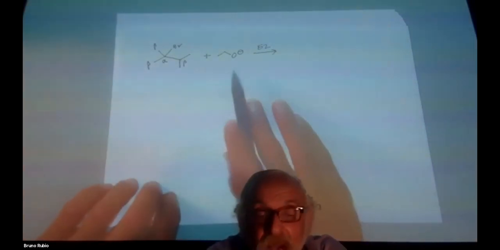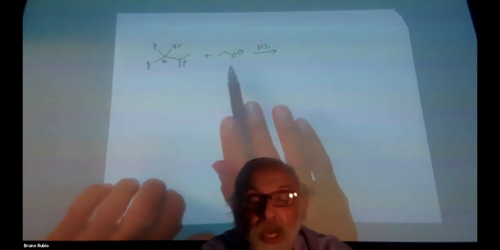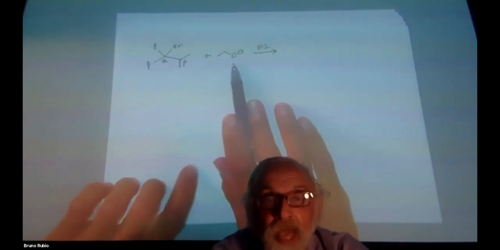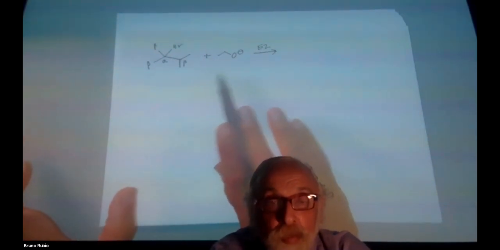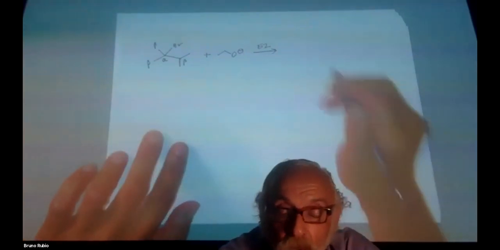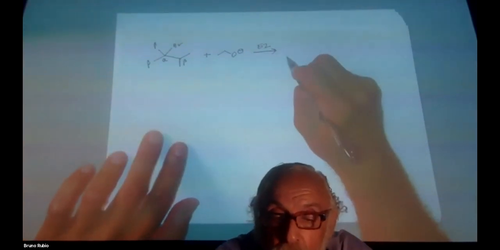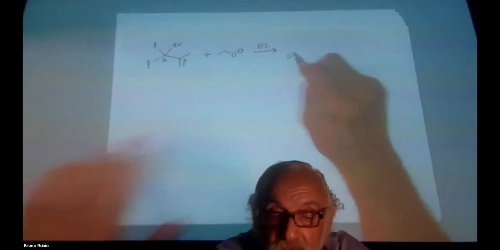Well, this is not a bulky base, so we don't have to worry about that. What we do have to worry about is that several different products are possible, and they will all form. So we could put the new double bond between